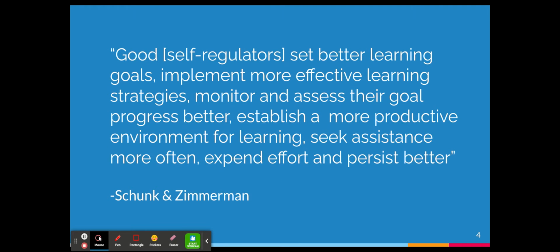So, Schunk and Zimmerman say that good self regulators set better learning goals, implement more effective learning strategies, monitor and assess their goal progress better, establish a more productive environment for learning, seek assistance more often, expend effort, and persist better. We've all seen these students, and we've all seen the students that are missing several, if not all, of